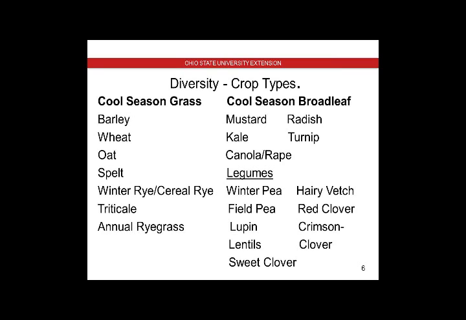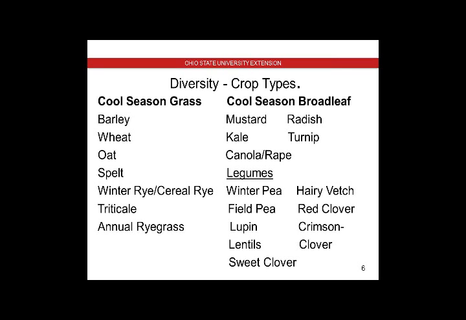Hairy vetch is another one that's typically grown, at least in our area, more on the hillsides. The problem with hairy vetch is it does have hard seed in it, and so you want to be careful if you're going to grow wheat out of that, because it'll grow above the wheat and spread out like morning glory, and that can make harvesting a little bit difficult. But hairy vetch is used in a lot of farms because you can get as much as 200 pounds of nitrogen if it's planted in the late summer.